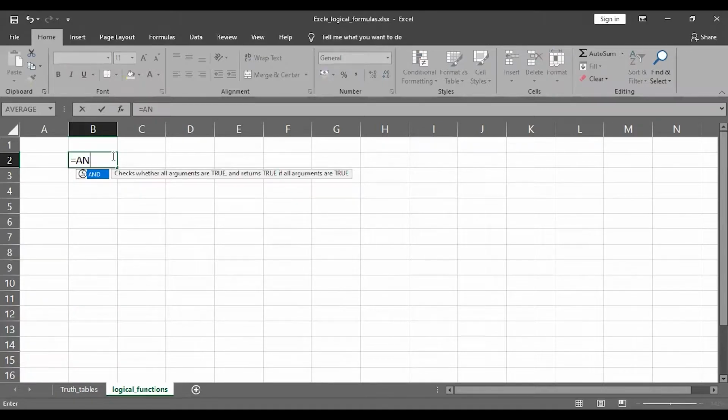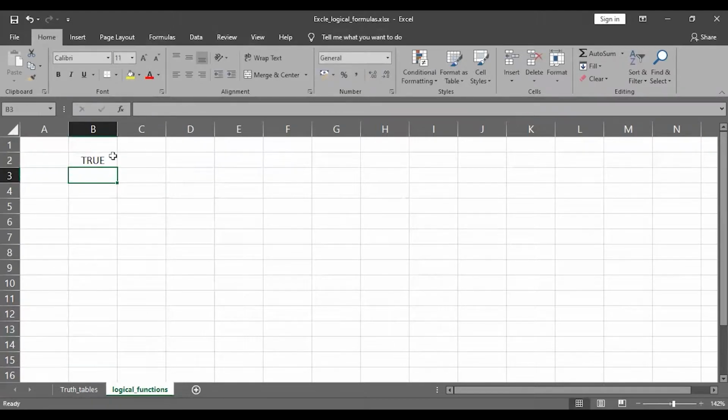The description says that it checks whether all arguments are true and returns true if all the arguments are true. So if I do true and true, it is going to return me true. Okay.